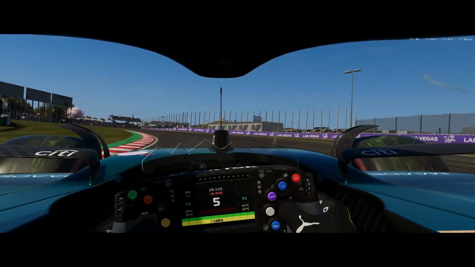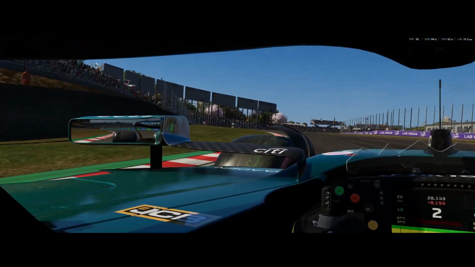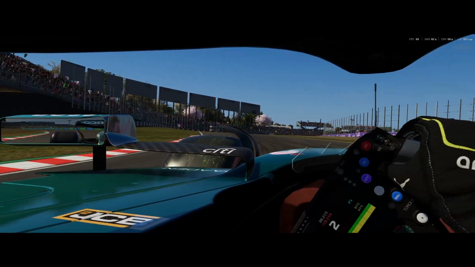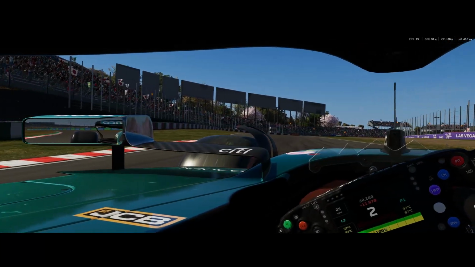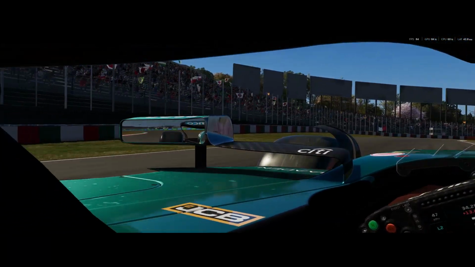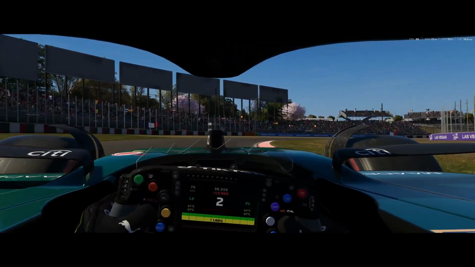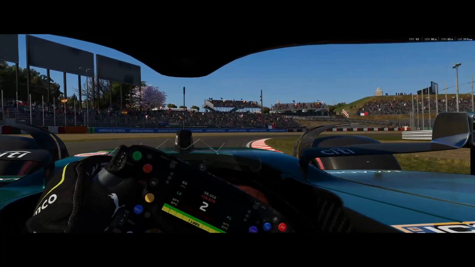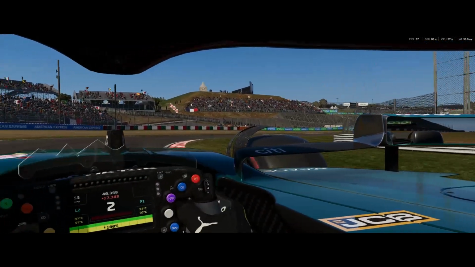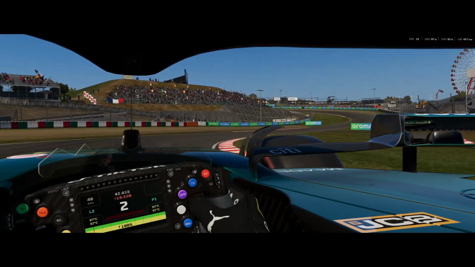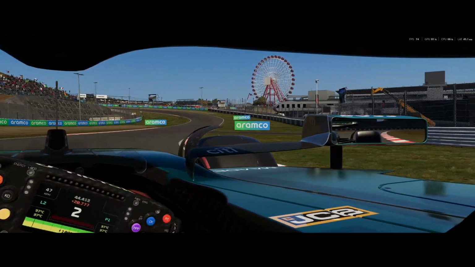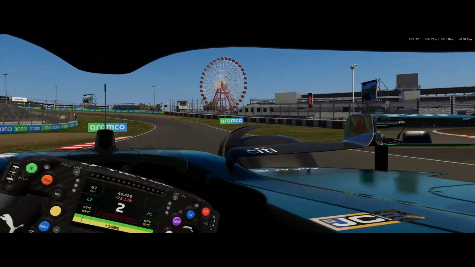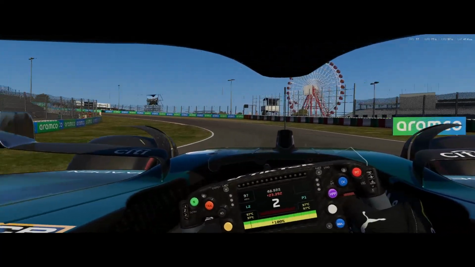It's such a good program to use. If I'm going to look in that mirror there to see if Yuki Tsunoda is trying to overtake me, I can see his car by just moving my head. Or because I have the ultrawide, I can look just at where I need to go, and I'm still doing other things. You know what I mean? So I can still look in that mirror like a real F1 driver